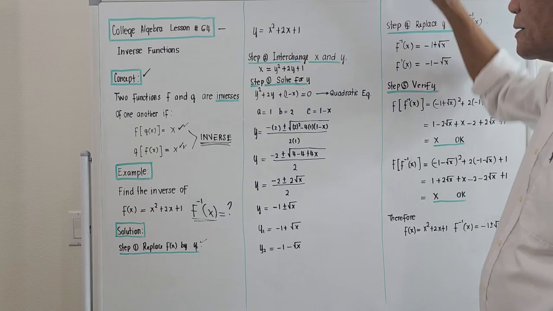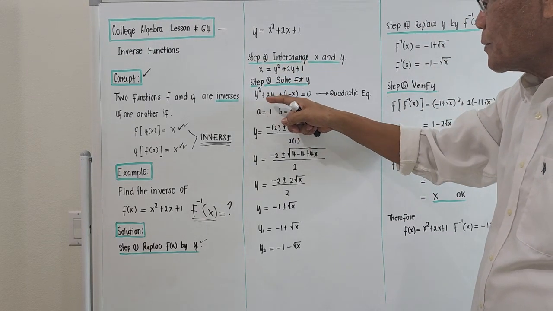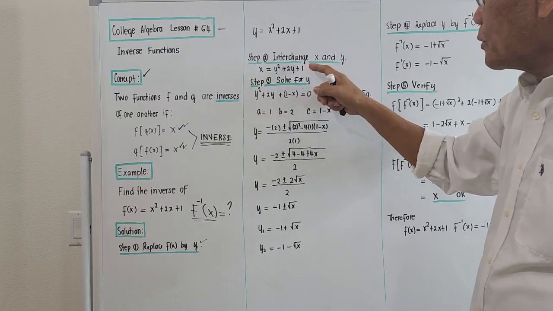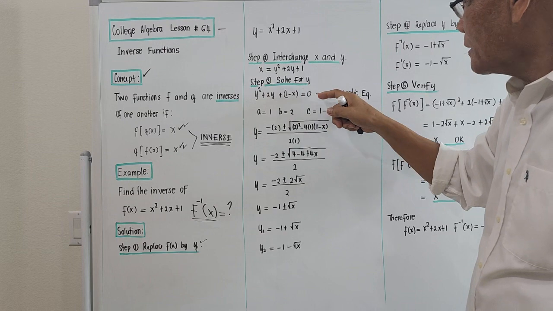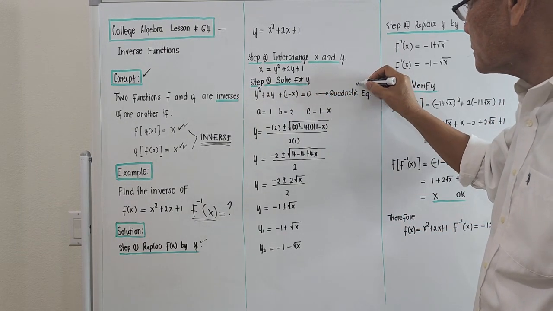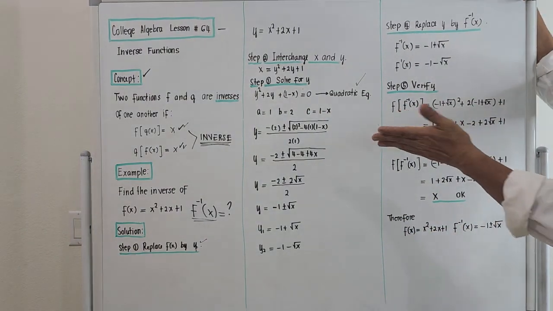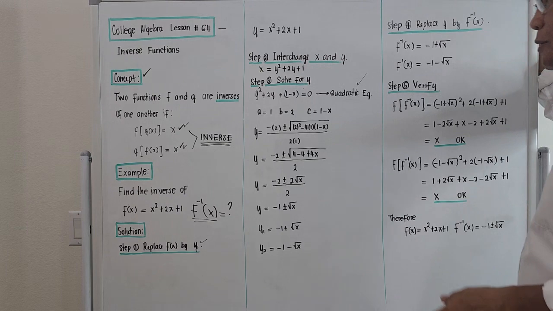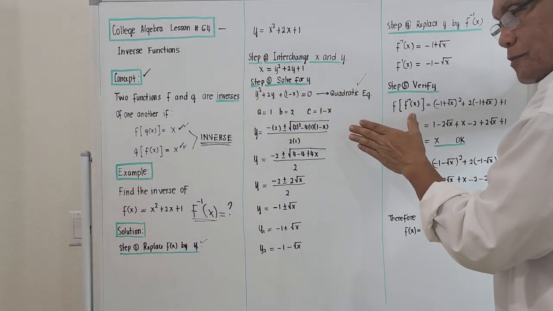We combine 1 with x. Okay, this is y squared plus 2y. And we combine 1 with minus x. So this is under one quantity, and this should be equal to 0. Actually, what comes out is a quadratic equation. Okay? If we are trying to solve a quadratic equation, and this is not factorable by inspection, or you could